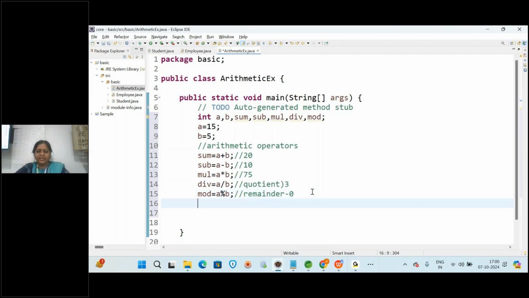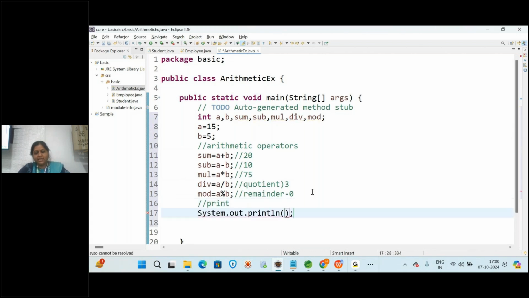And then let us print this. Again, whenever you want to print the values, you have to give System.out.println. You have to print in double quotes if you want, or directly sum. You can write sum is equal to some variable, and then I'm writing in a single line sum plus double quote slash t.